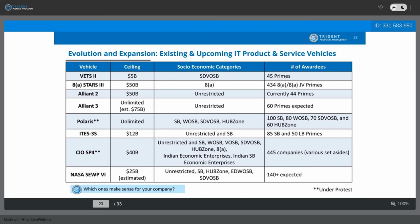Okay, so again, this is just kind of a quick comparison between some other IT product and service vehicles that are out there. VETS II is for the service-disabled veteran-owned small business set-asides. There's 45 primes on that contract. Their ceiling in comparison to everybody else's is pretty low, right? Only $5 billion. With 8(a) STARS 3, they've got a $50 billion ceiling, but that's all for 8(a)s. You can be an 8(a) or an 8(a) joint venture on that contract, and there's 434